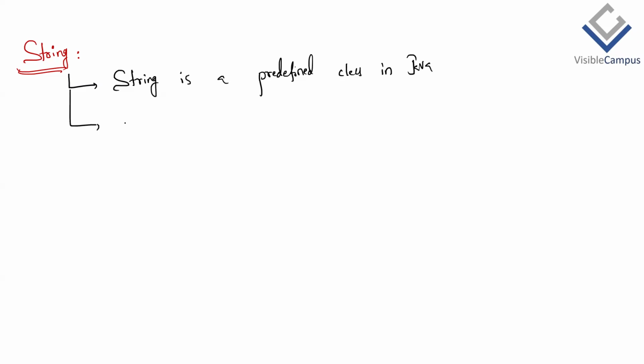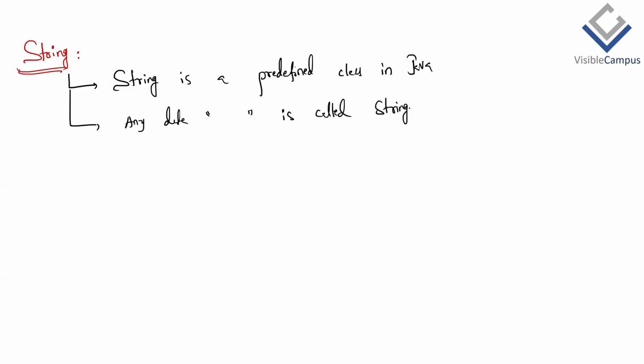So far we already discussed string as a data type. But here, String is a predefined class in Java. It's a class. So what is that? Anything, any data that is enclosed in double quotes is called a string